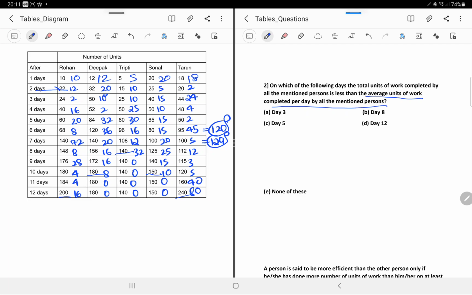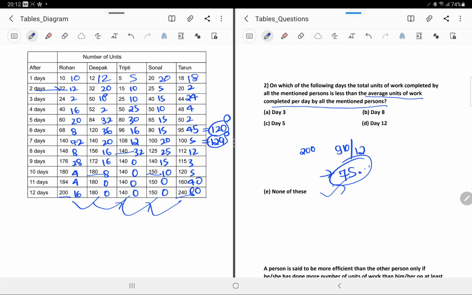So in 12 days they are actually computing 200 plus 180, that is 380, plus 40, this is like 420, 520, this is like 670, 670 plus 240 would be 910. So they are actually making 910 bricks, and they are making it continuously for 12 days. So it would be roundabout close to 75 something. So on an average, every day they are making 75 bricks.